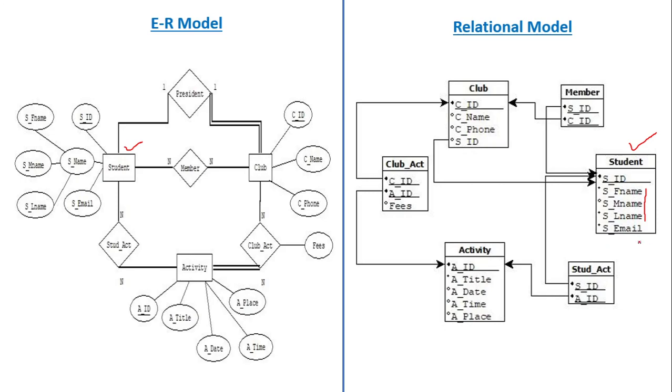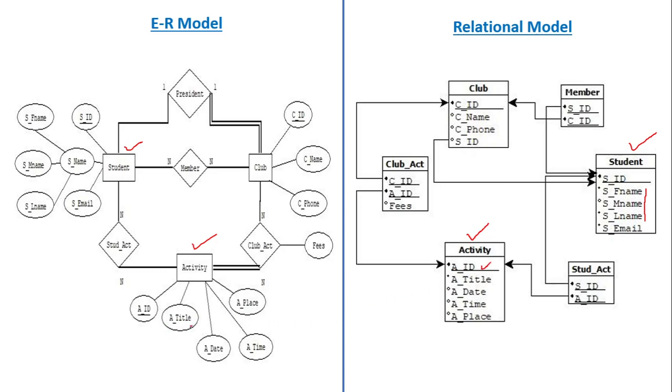Now the next entity set that we will consider is activity. For this activity entity set, we have a separate relation, that is activity. What are the attributes? AID is the primary key, so we will have AID as the primary key of activity.